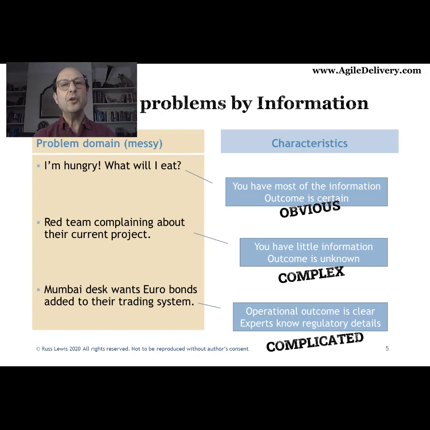If I've got something that's an obvious one, let's give you a businessy example. A small business, I want to automate my tax returns and my VAT and my accounting. The obvious thing to do is just buy an off-the-shelf package that's going to let me do it. And if I don't like it, I'll just change it and buy a different one. In the complex world, it's going to be iterative and incremental because I don't know enough, and the things that I'm going to find out are going to tell me what to do next, but then I'll have to try those things and see if they move us forward, and if not, I'll have to try something else.